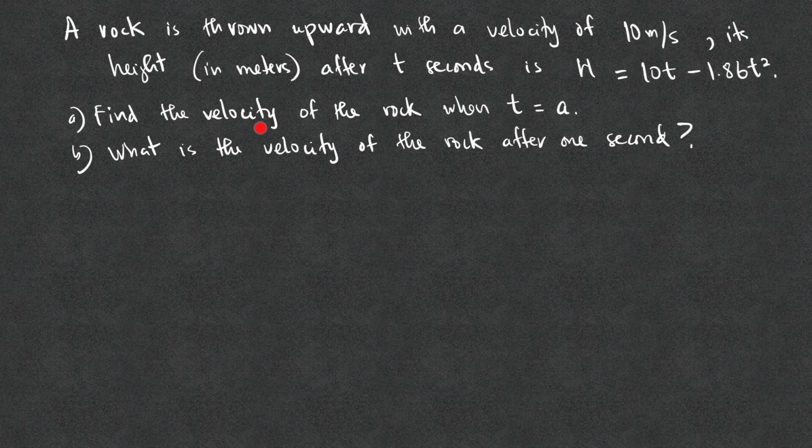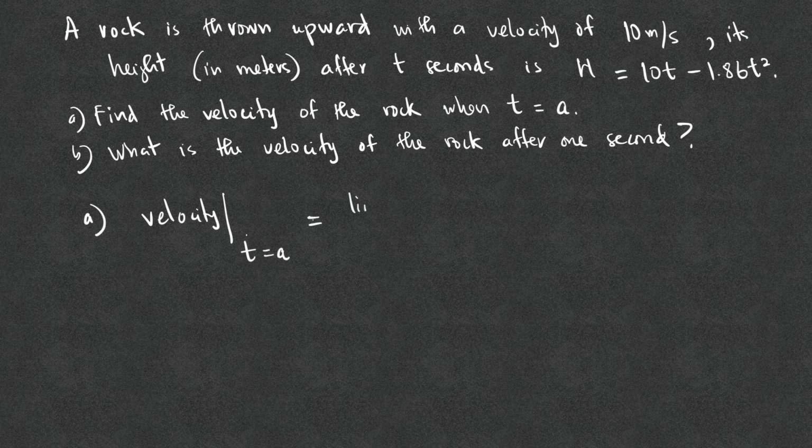This is not the average rate of change, but it is the instantaneous rate of change. So to find the instantaneous rate of change, we will now use the limit definition. Later on, we will have a shortcut to find the velocity, but for now, we're going to use the definition of the instantaneous rate of change, which is the velocity. The velocity at one particular point, in this case at t equals a, is the instantaneous rate of change, and